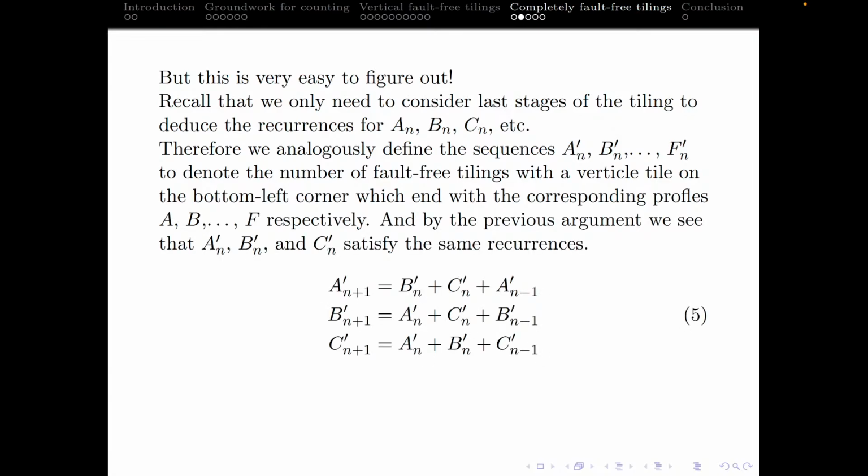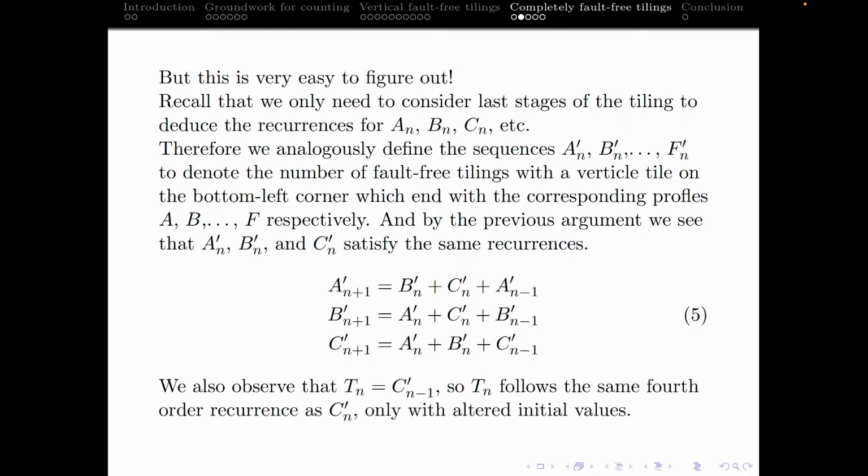Because we do not really need to talk about how the tiling begins in order to figure out the recurrence relations, we just see that the recurrences are the same, so nothing basically changes. Also, there is this important thing, that Tn is essentially equal to C dash n minus 1, and that